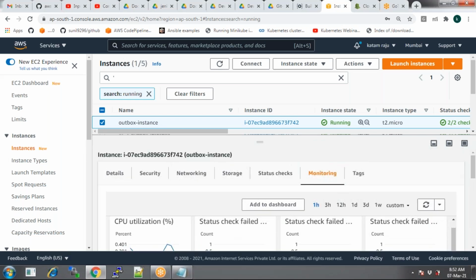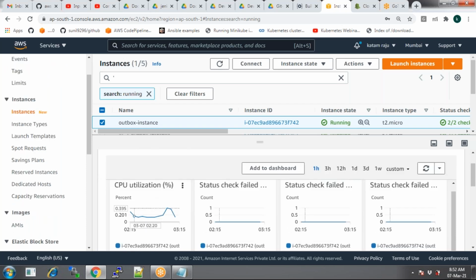Now, CloudWatch is not only for monitoring. Of course, I can monitor with it, but is monitoring its only purpose? No. Now I want to set up some alarms. What kind of alarms? Take this example: what is the CPU utilization?